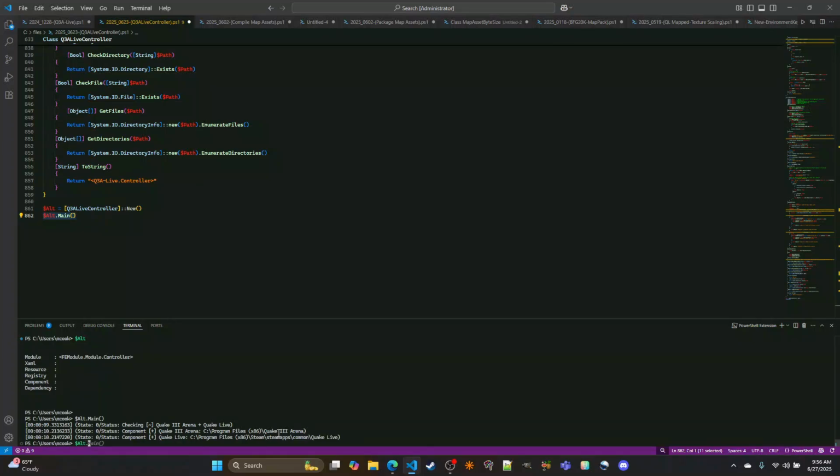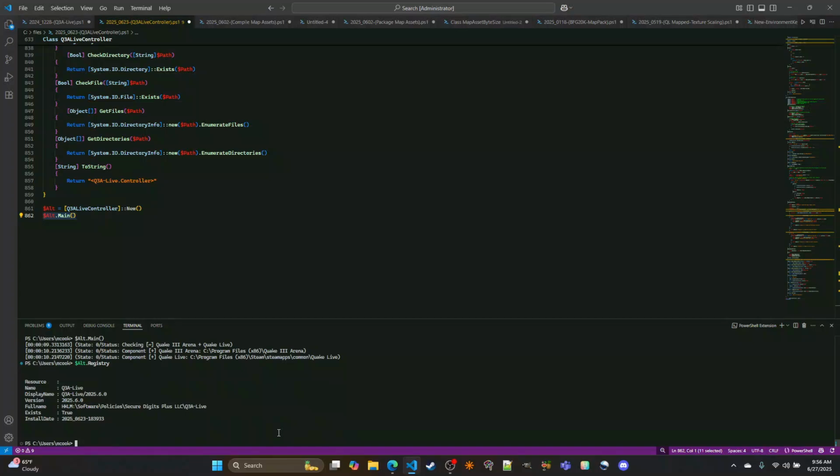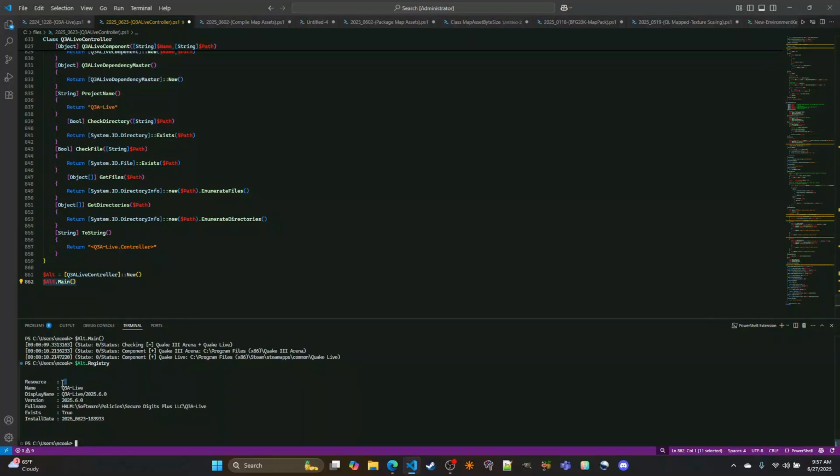And then Alt-Main will go ahead and populate certain stuff. So alt.registry will show you all, yeah, the resource is supposed to have the path to,